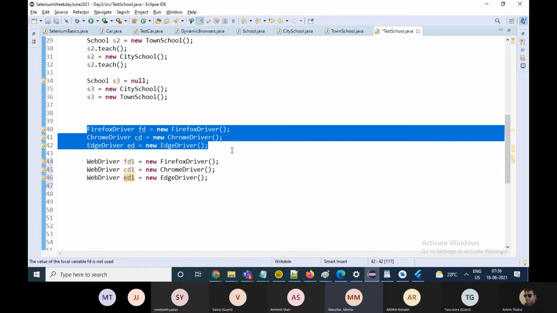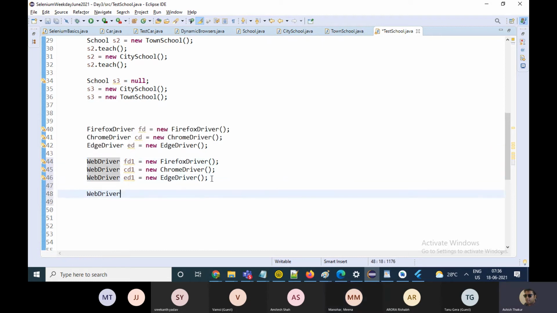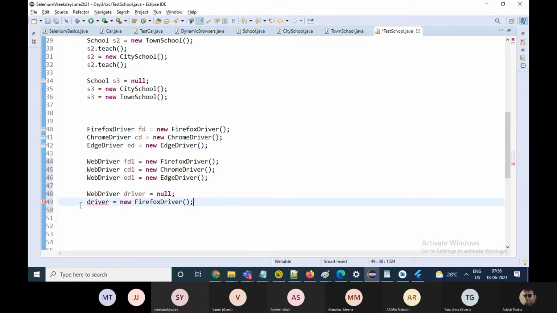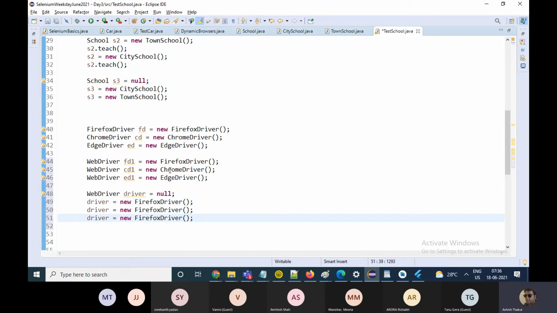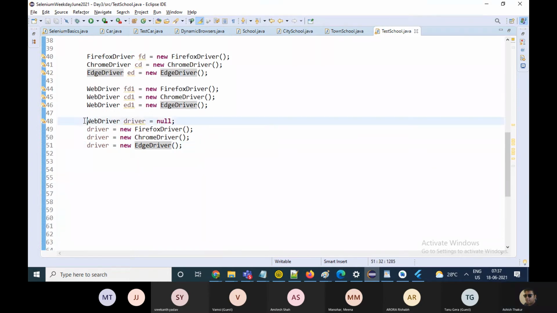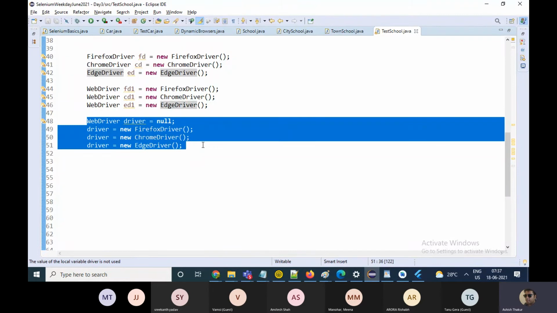Because if I write, for example, WebDriver driver equals null, then it's my choice. I can make driver point towards Firefox driver, I can make driver point towards Chrome driver, or I can also make it point towards Edge driver. This is my choice.